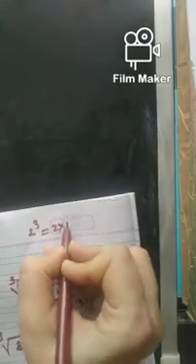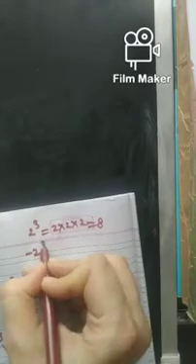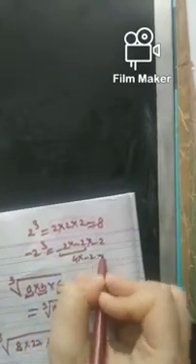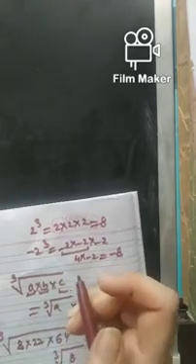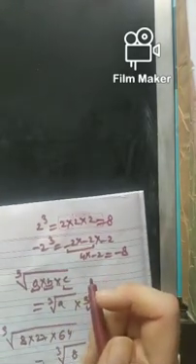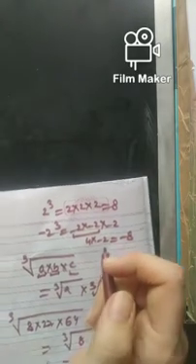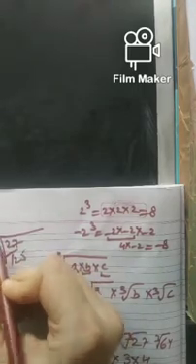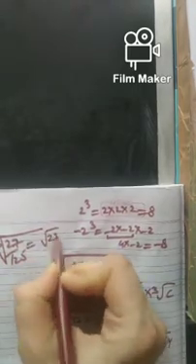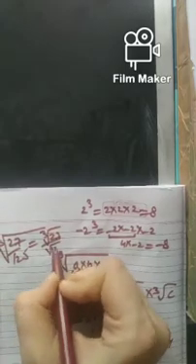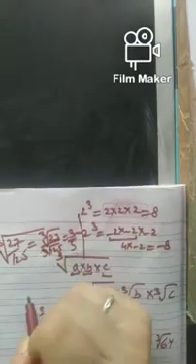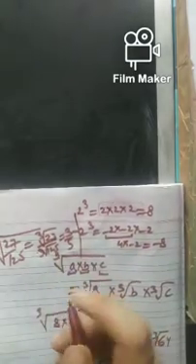How can I show you? See beta, the cube of 2 is 2 into 2 into 2, right? That is 8. But the cube of minus 2 is minus 2 into minus 2 into minus 2. See, this will become 4, 4 into minus 2, minus 8. So whenever you are taking the cube of a positive number, it is positive, and whenever you are taking the cube root of a negative number, it is negative. Whenever you have to find the cube root of a fraction like 27 upon 125, you can take the cube root of the numerator as well as the cube root of the denominator. So this is the cube of 3, this is of 5, so the answer will be 3 by 5. So likewise, the fourth question will be completed.